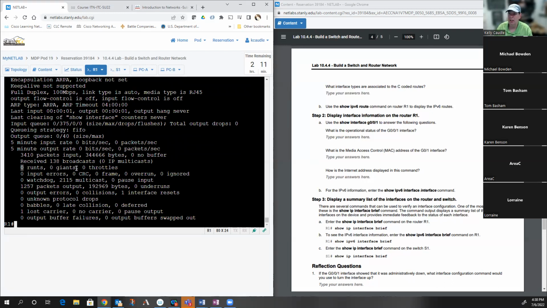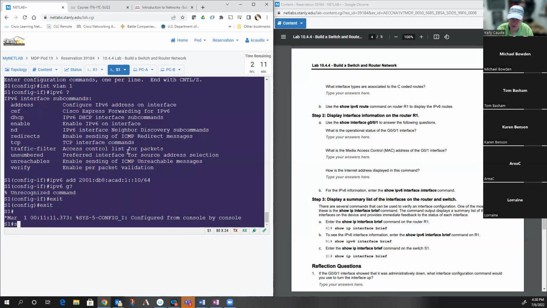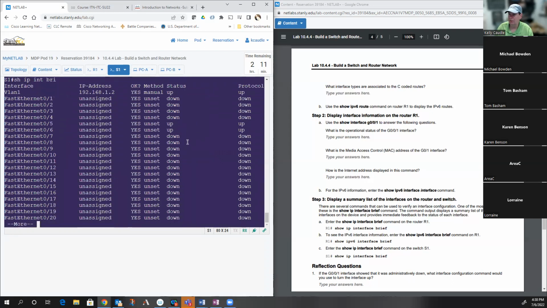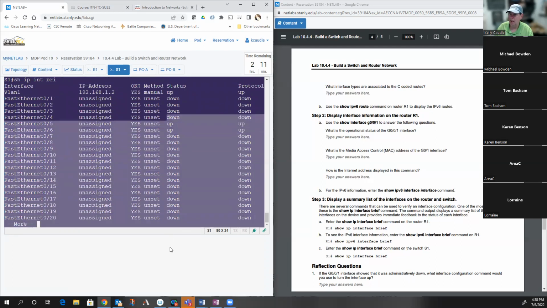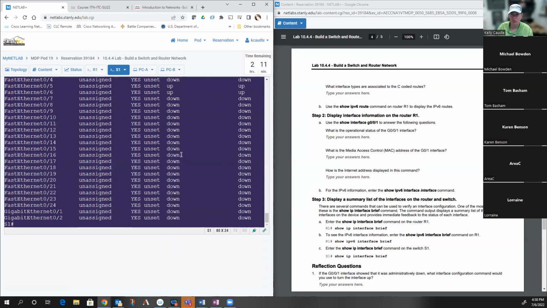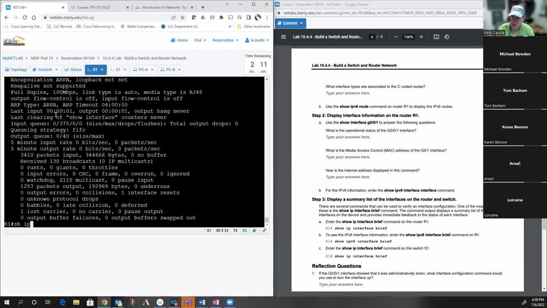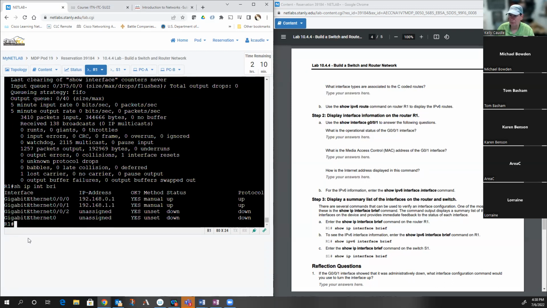If you see a bunch of giants, that could happen if an interface is connected to a server that's got jumbo frames turned on. I did want to show you this, show ip interface brief. You'll notice that all these interfaces by default are set to be up. They're down because nothing's plugged into them. But on a router, typically, when you do a show ip interface brief, any interface that's not used is typically set to